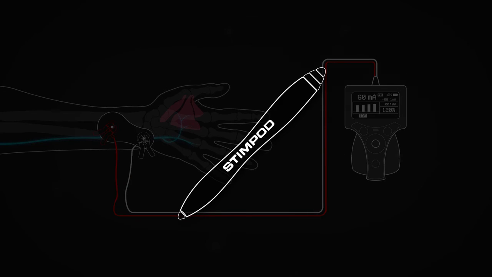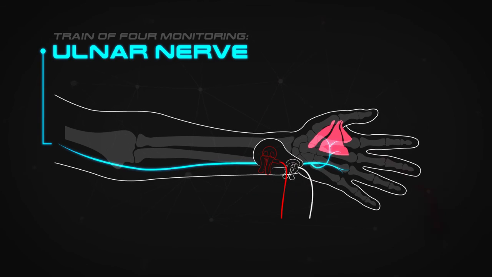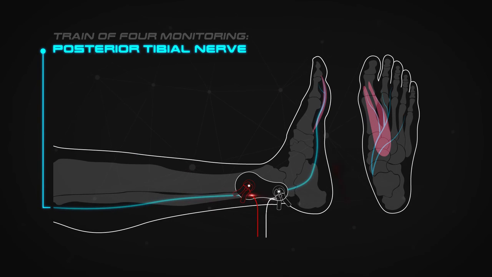For further demonstration and use of the nerve mapping pen for optimal electrode placement, please view the following videos by Savant: trainer for monitoring of the ulnar nerve, trainer for monitoring of the posterior tibial nerve, and trainer for monitoring